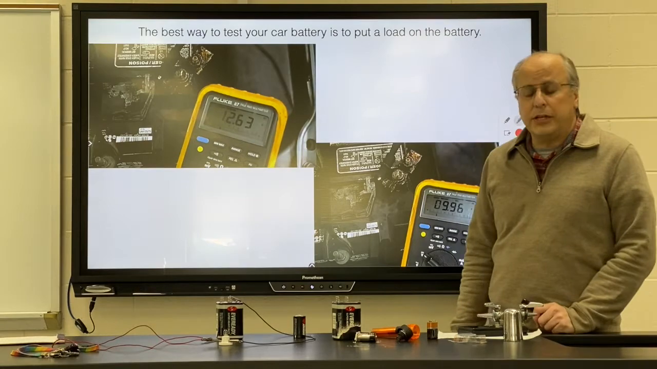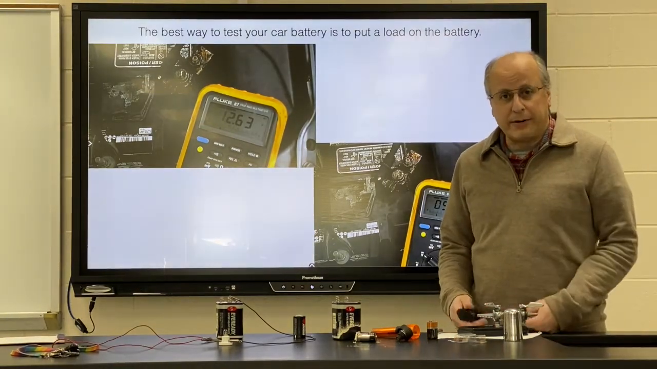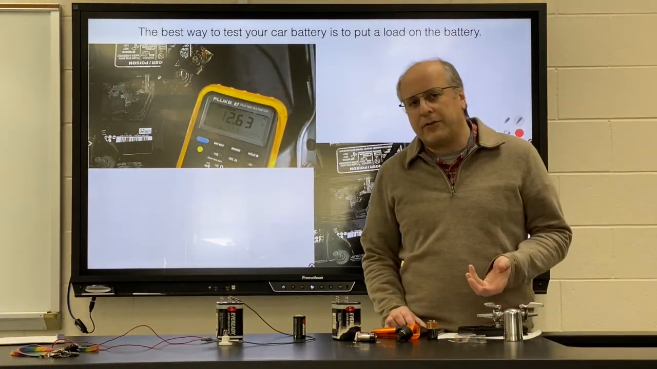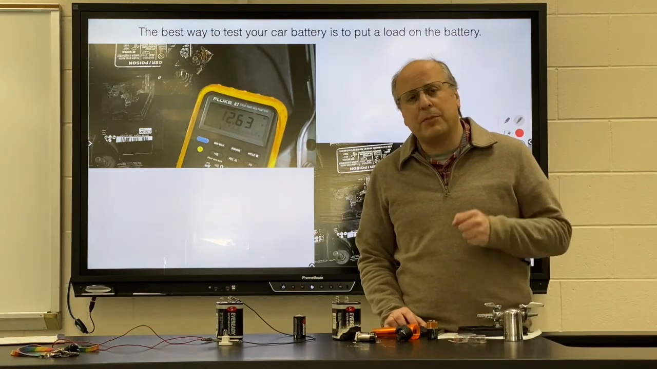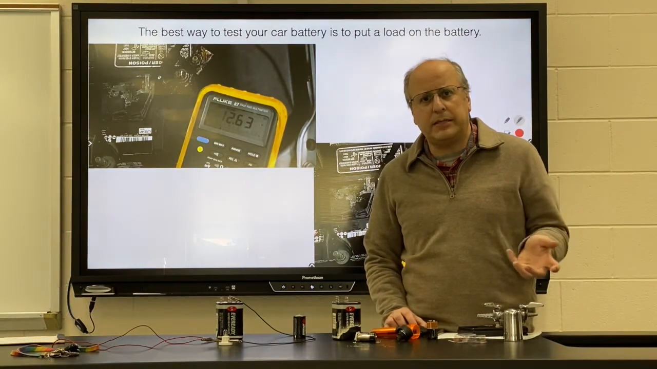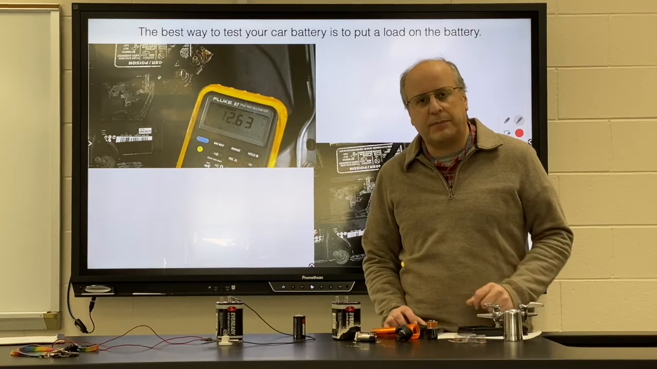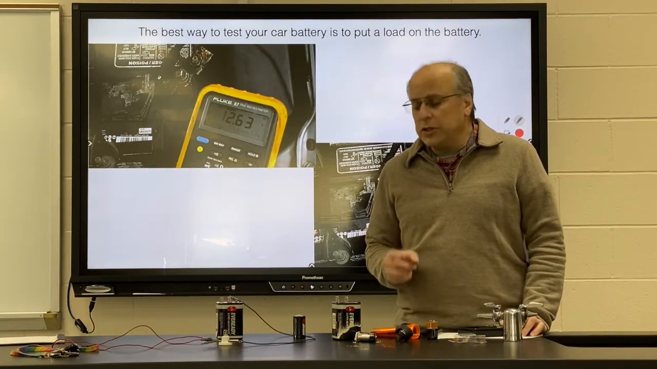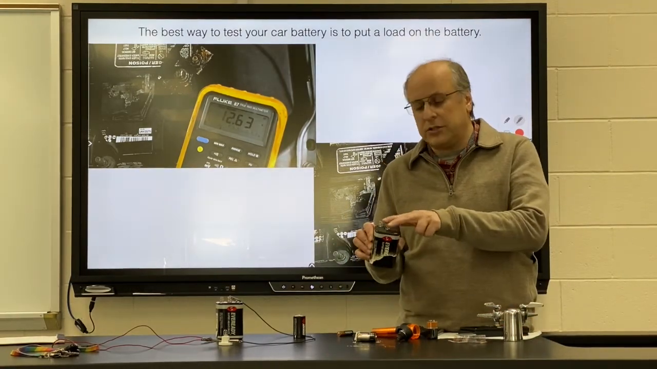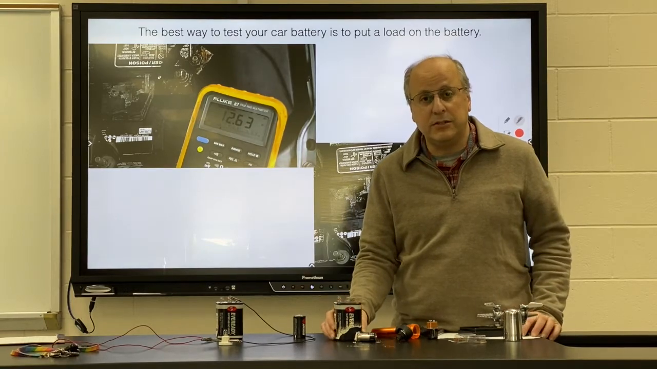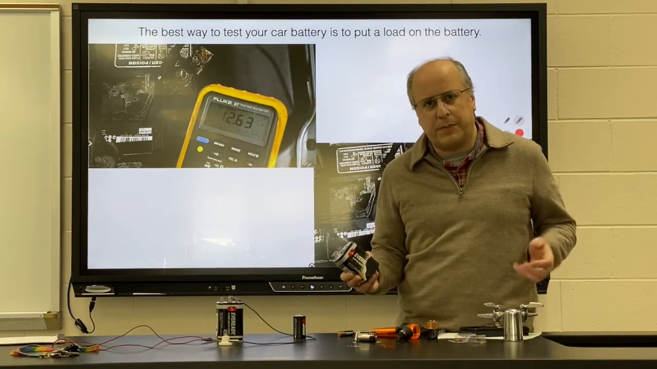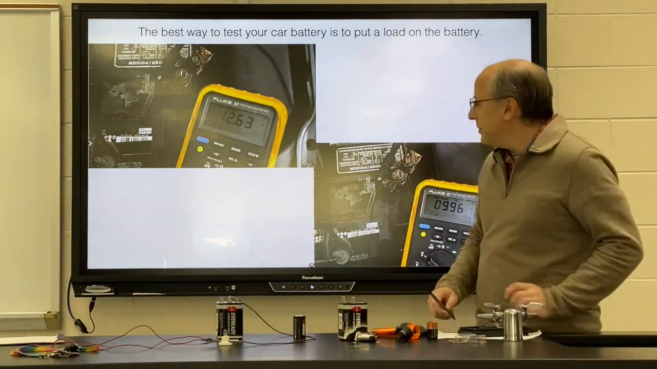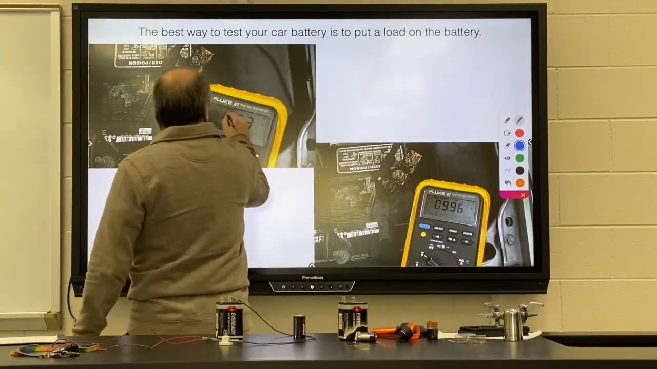Finally, how do we actually use this? Car batteries. If you want to see if your car battery is any good, you've been having trouble starting your car and you want to know, is the battery the problem or is there something else? You don't just want to take the battery and touch the terminals and see what it reads, because you're not drawing any current from the battery. So you touch it and it might tell you something like this: